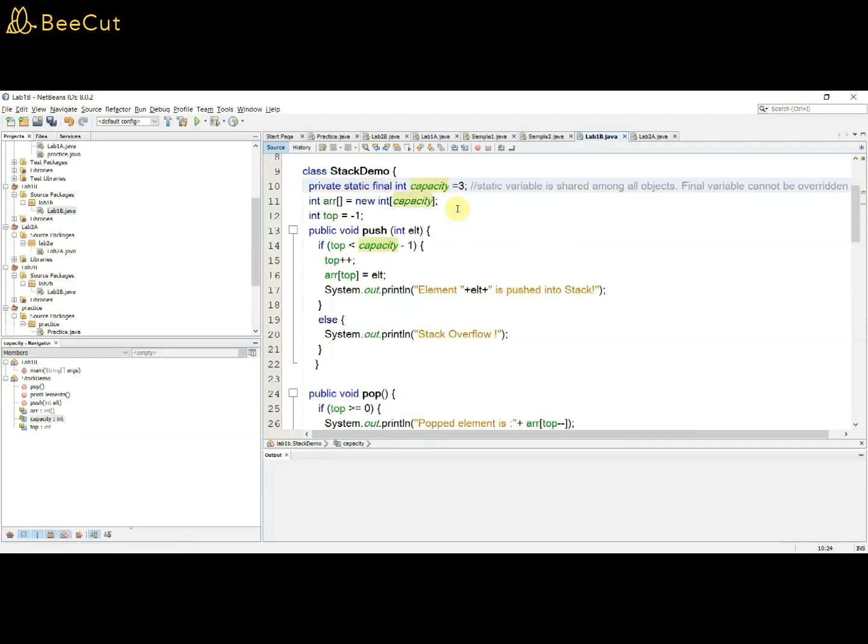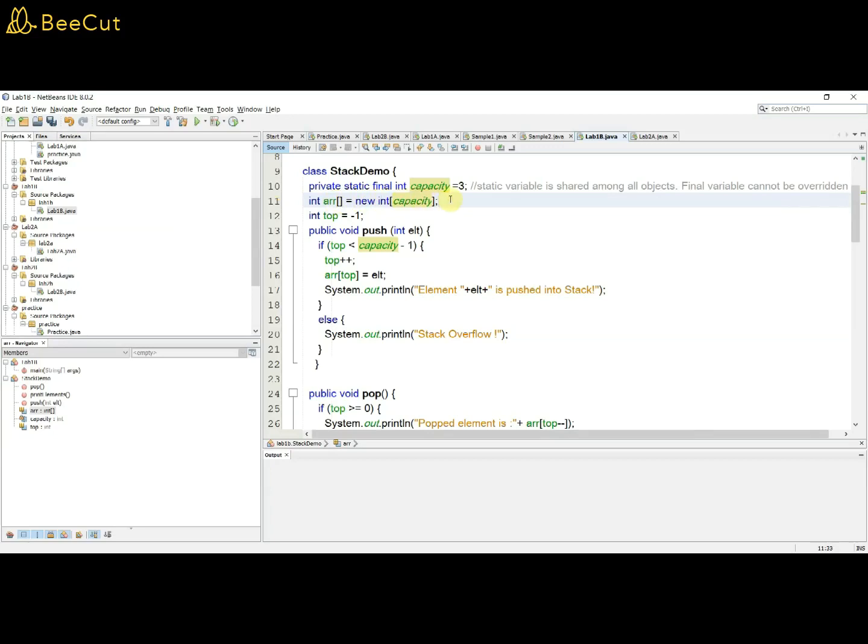Next we have to initialize an integer array. In the C language we had int a of 10. Here in Java, the syntax of this declaration is int, followed by opening and closing square brackets, indicating that arr is an array variable of type int, so it is an integer array, is equal to new int of capacity.